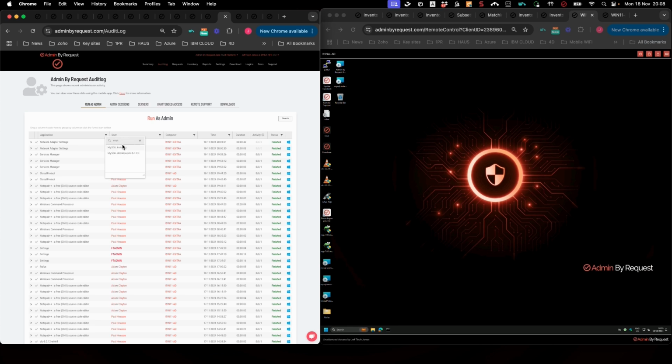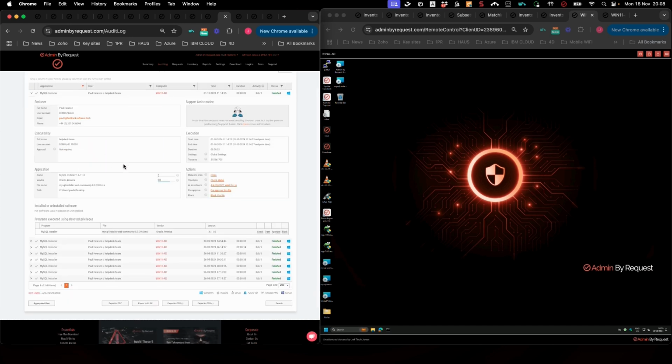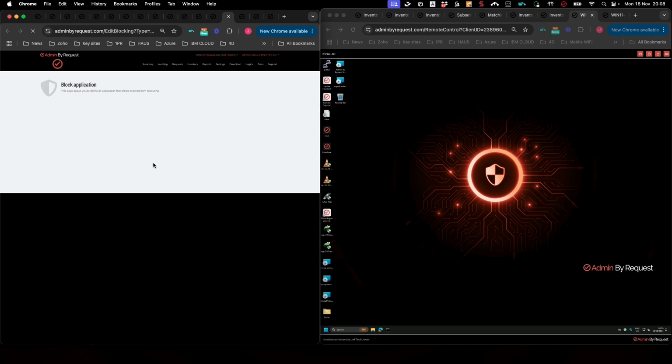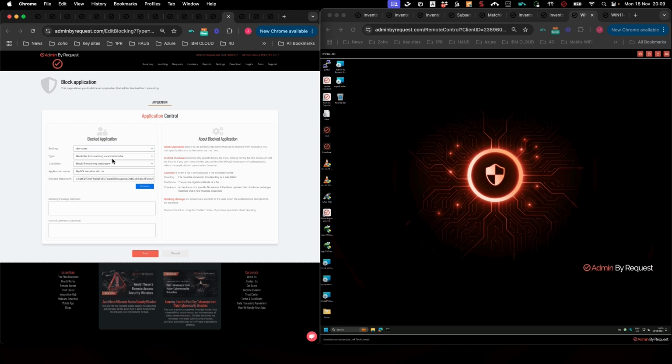MySQL Workbench installer made by Oracle. So break that open, and rather than hit pre-approve, I'm going to go block. And now the blocking rule, I have the option, just like before with pre-approvals, to put it into my subsetting. I could put it into the float, which would impact both senior developers and ABI users. I'm going to just put it into ABI users, and I'm going to use the type which is